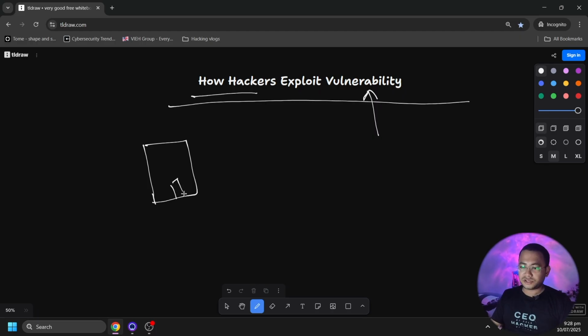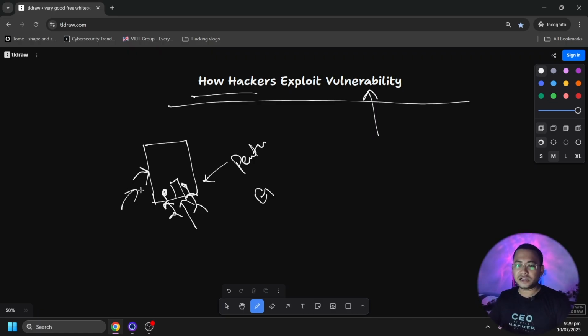So if this is a house, and there is a guard standing here, for layman's terms we call it hacking. But for a security professional, we call it pen testing and then exploiting. Pen testing is finding a loophole. If two guards are standing in front of a home, you can't enter from there. But if you knock from here, there might be a wall which is not so strong. So you are doing pen testing. You are looking for a vulnerability so that you can exploit it and get inside. This is what we call pen testing, and exploitation means taking benefit of the vulnerability.